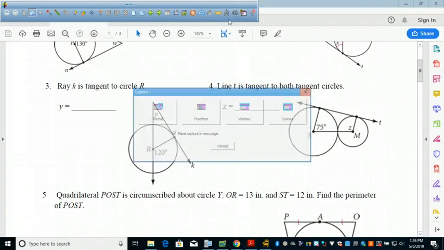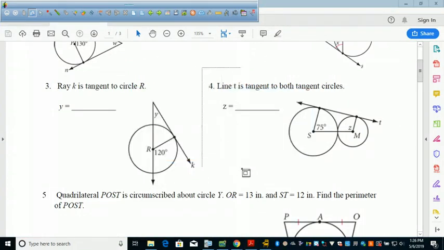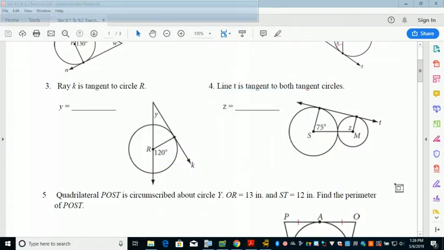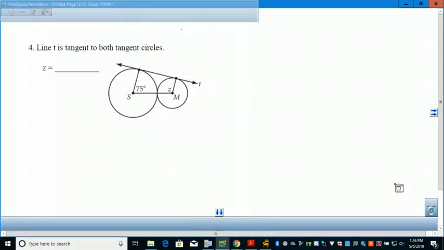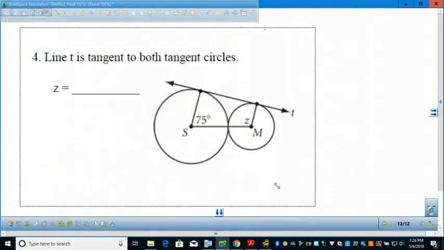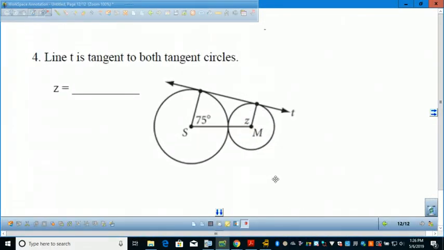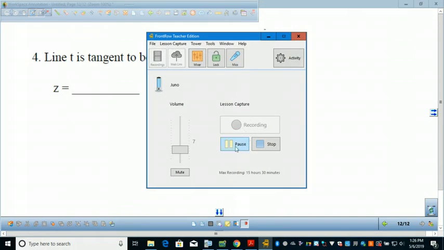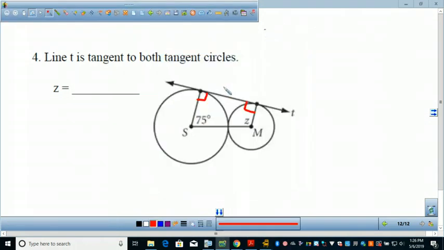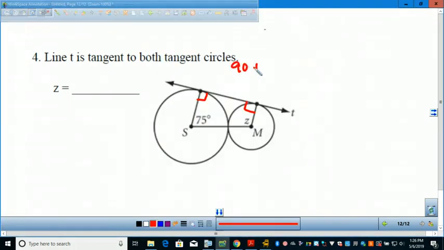Okay, I'm going to give you a few minutes to work with your table for 4. I might walk around and look and see what you got. So go ahead and get started. I'm going to put it on pause, and then I'm going to come around and see what you got. So those are both 90. The answer is